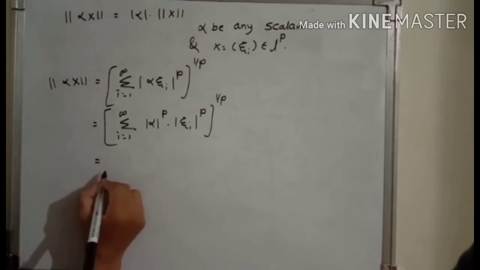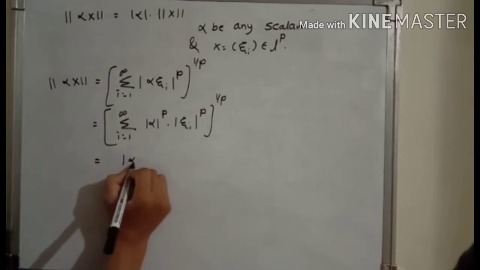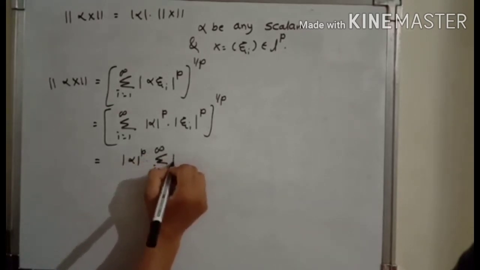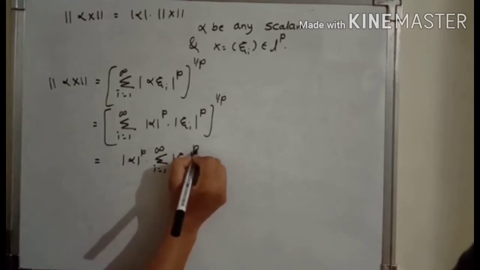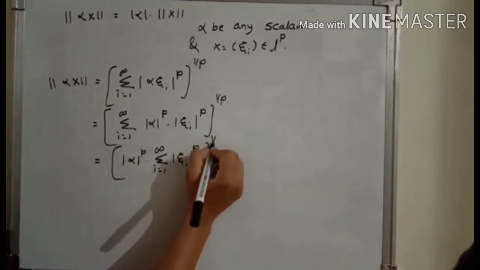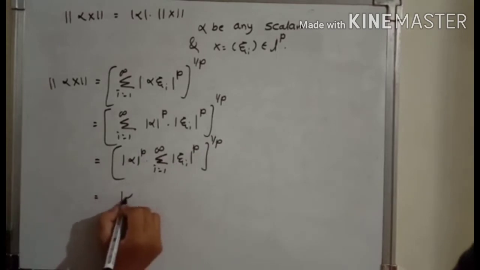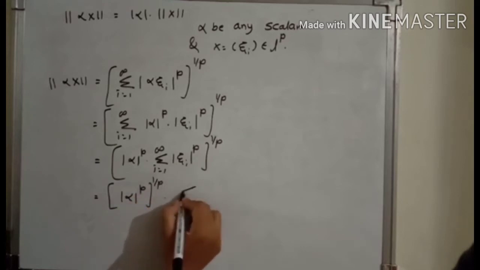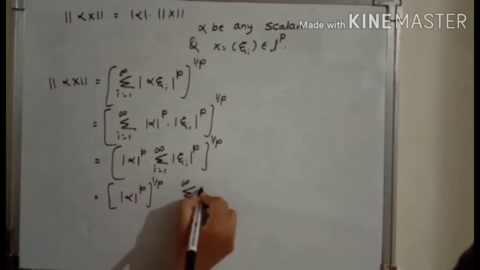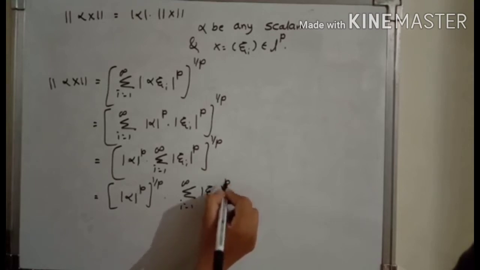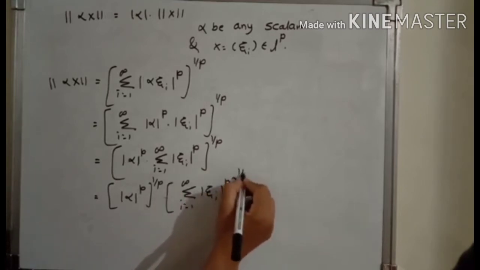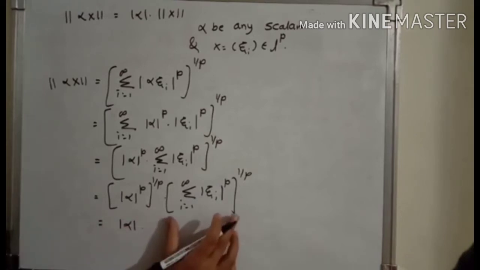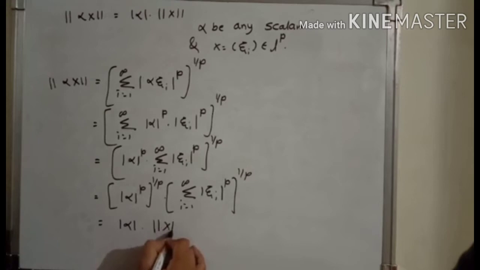We can write here equals mod alpha to the power p into summation i from 1 to infinity mod of xi i to the power p, whole to the power 1 by p, and that is equal to mod alpha to the power p whole to the power 1 by p into summation i from 1 to infinity mod of xi i to the power p, whole to the power 1 by p. It is now equal to mod alpha into, now it is nothing but the norm of x. That means